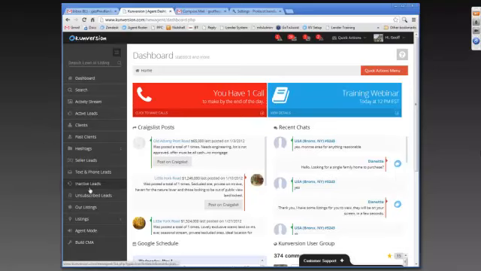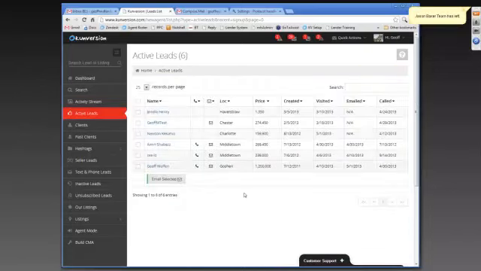And there are these two menu options at the top and at the bottom. So here's active leads, here's inactive leads. Active leads is a list of leads that have been active or have registered within the past 3 months. So if they've done anything in the past 3 months, whether it's registered or if they're active, then they'll show